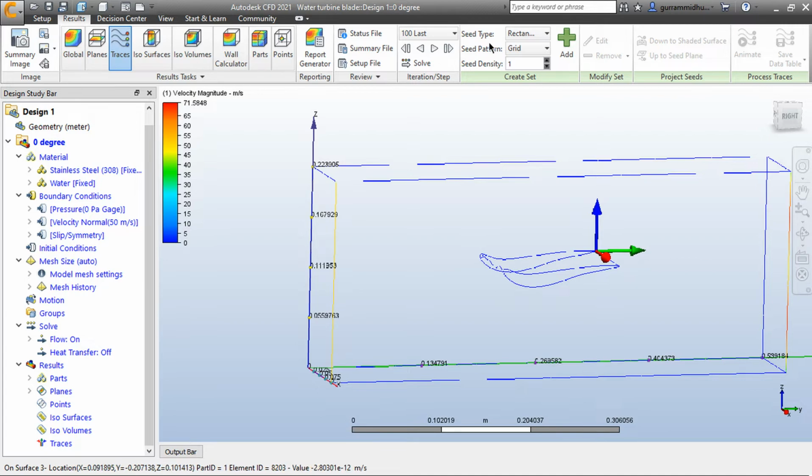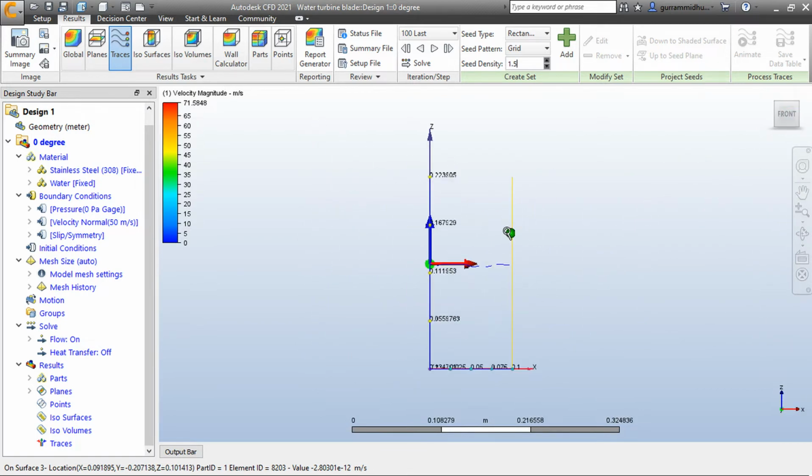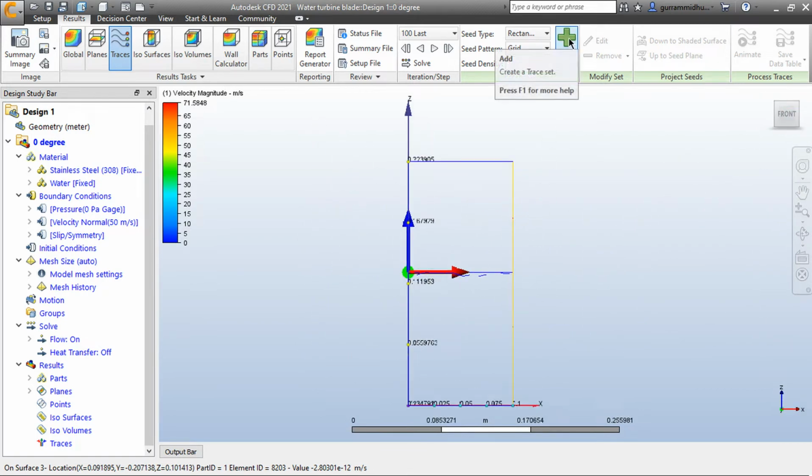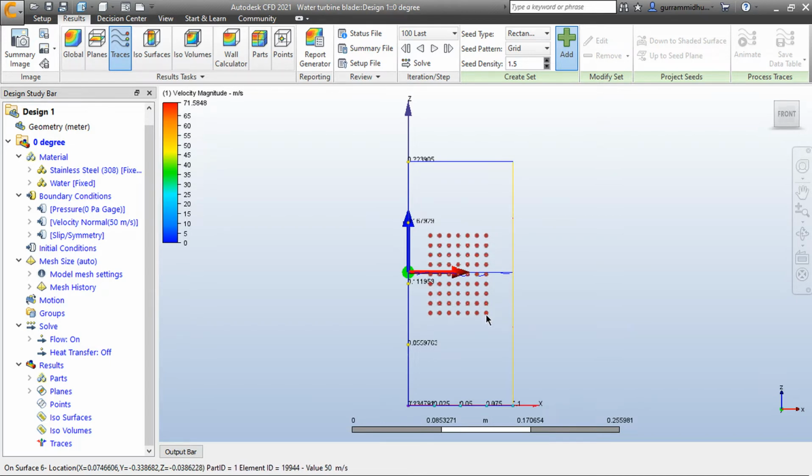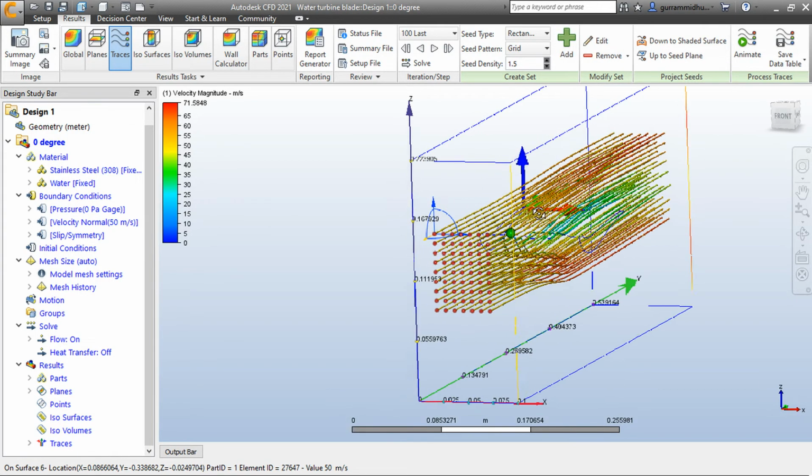Set the seed type as rectangle and the seed pattern be grid and the seed density be 1.5. If you click on plus icon, it allows you to add the trace rectangle. I'm gonna select a point in here and a point in here, and then hold the mouse to make a rectangle. Perfect. Now the traces are created.